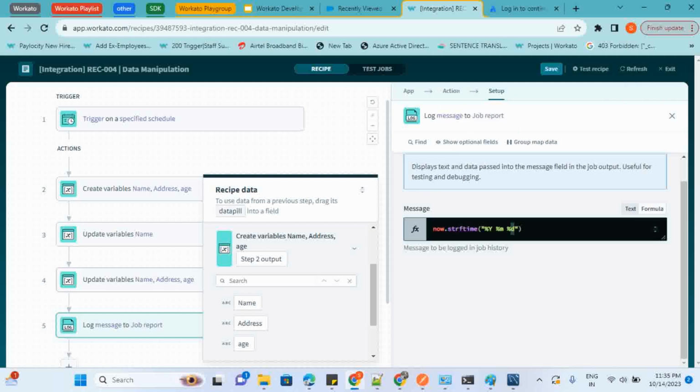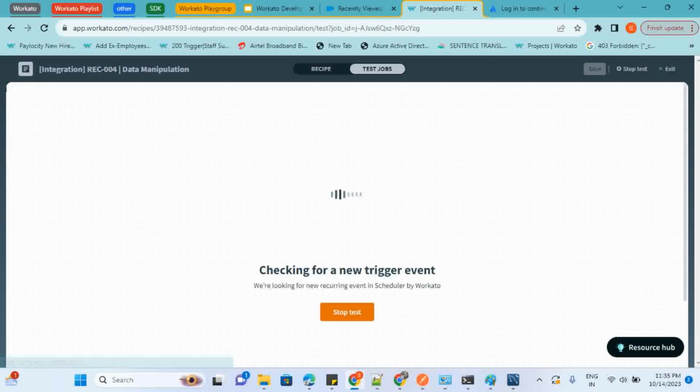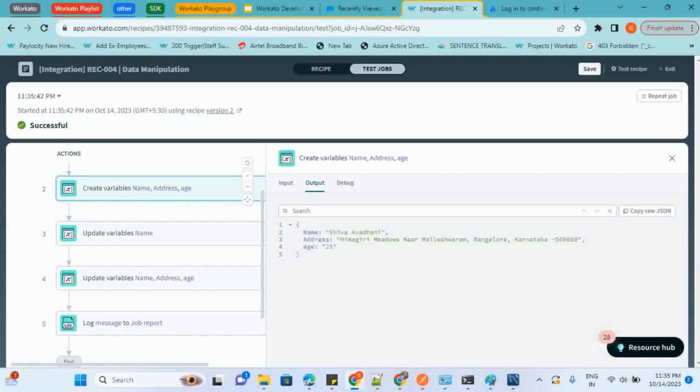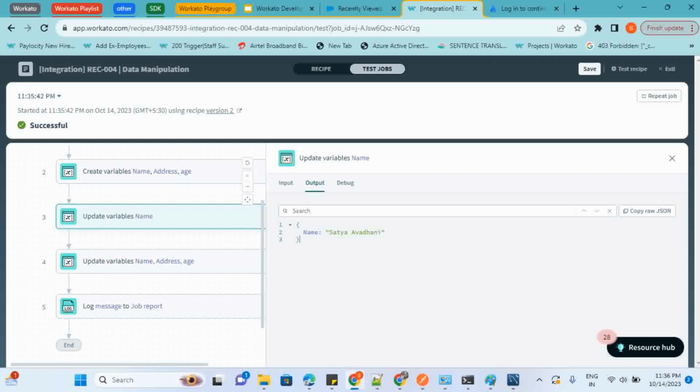Okay, so for the test recipe, first it had an original value, say name, address, age. Whereas I have updated the variable, I have manipulated my string from Shiva Avadani to Satya Avadani, whereas I've used gsub for replacing. All right, so in the second, like the fourth step, I have used